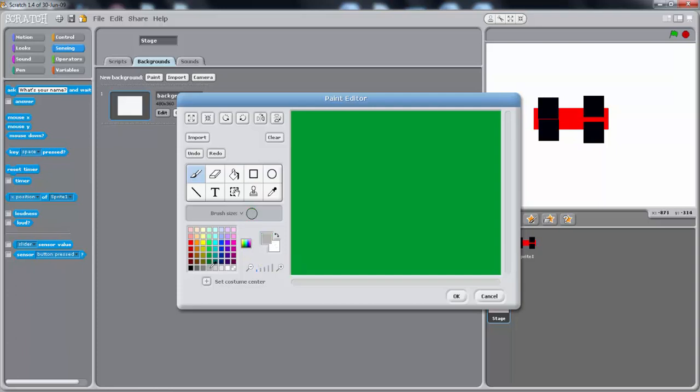So I think that colour there is absolutely fine. If you want to go darker, you can. I'm going to stick with that one there though, okay? Right. Actually, I'm going to change the brush size to the biggest brush, just this one here. Right, we're now going to draw our racetrack. So, you literally click and you drag